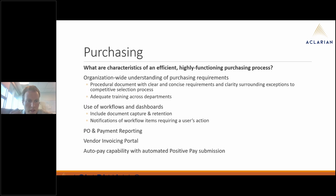And then also that there's adequate training across departments. If you're a small company, there's only 2 or 3 of you involved in the whole process, well, then maybe this isn't as necessary. But for certainly larger companies, this is especially important, just from not only an efficiency standpoint, but also a matter of stronger internal controls. And then we talked about